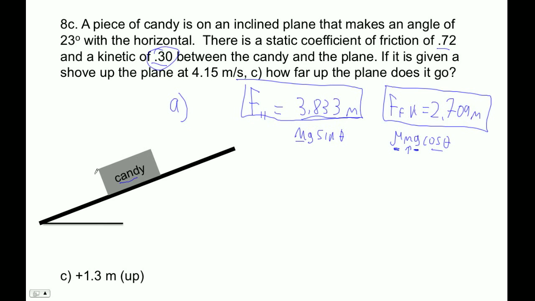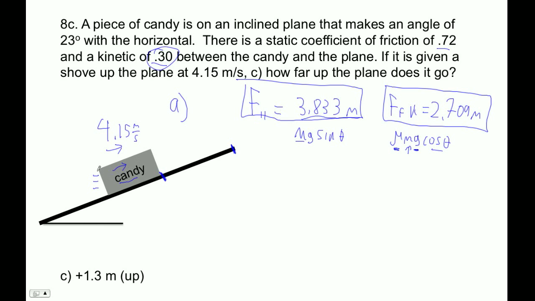Now this thing is going to be pushed up the plane. It's given a velocity of 4.15 meters per second up the plane. We want to know how far up the plane it goes before it stops. So we've got to figure out the acceleration, and then we have to solve for it. As it slides up the plane, the